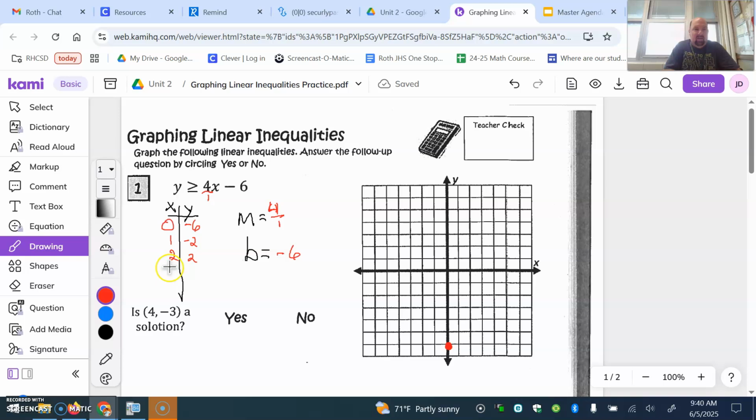And I can see my pattern here as this is increasing by 1. This is increasing by 4, which that's my slope, 4 over 1. All right, 4 and 8. And I'm not sure if I can fit all of those. But now I have my points that I can graph. 1, 2, 3, 4 over 1. Or the point 1, negative 2, and then the next point 2, 2, and then the next point 3, 4,